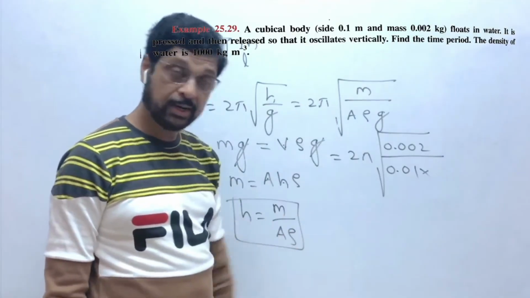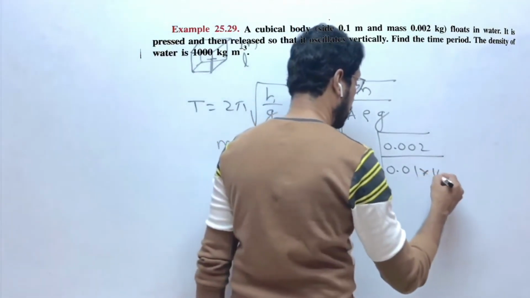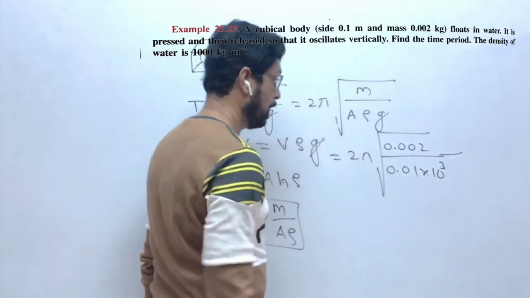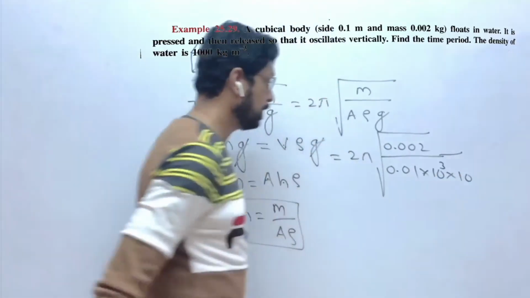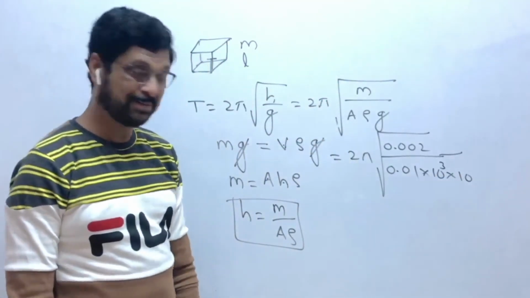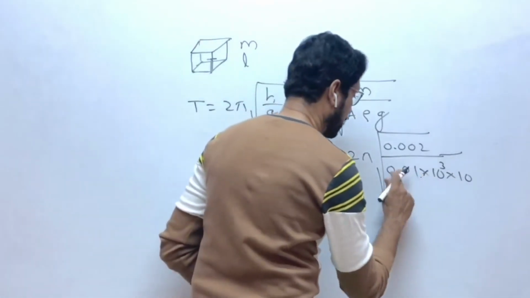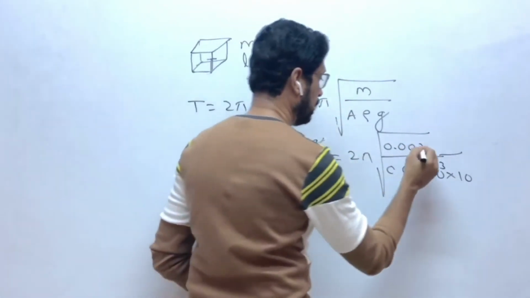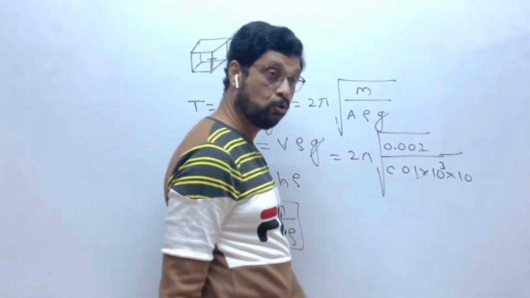Here it is water, and density of water is 10 raised to 3, and into g you can take as 10. Correct? Take 2 decimals forward, this becomes 1, and 2 decimals forward, 0.2. So this